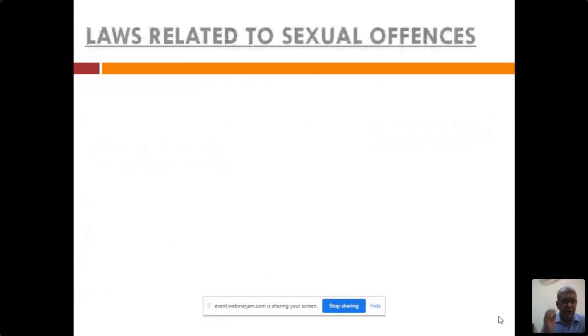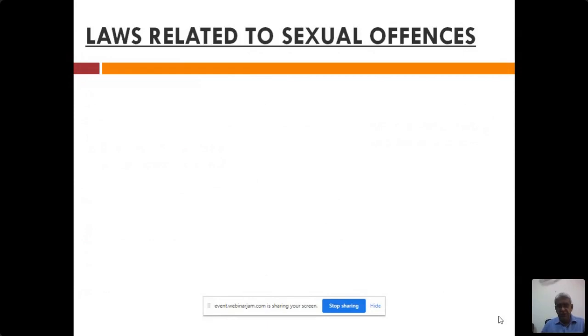Now we come to the different laws which are related to these sexual offenses. Since the birth of Pakistan in 1947, there have been different laws which have been prevailing in different eras of Pakistan. At the birth of Pakistan, the law was derived from the Indian Act, which was dealing with the different activities. According to this law, which was dealing with the sexual offences present